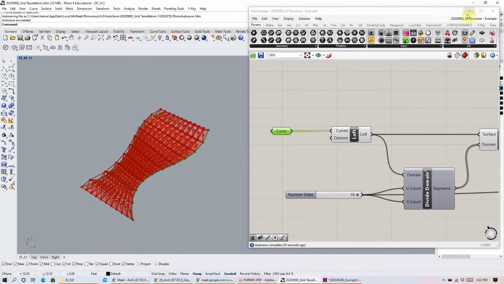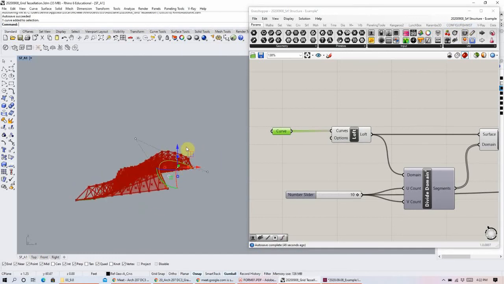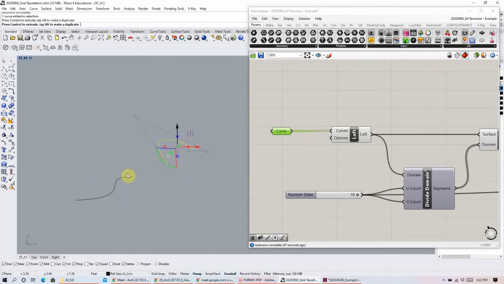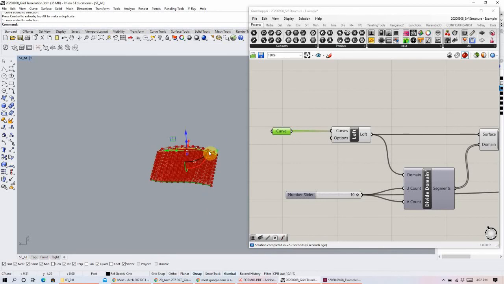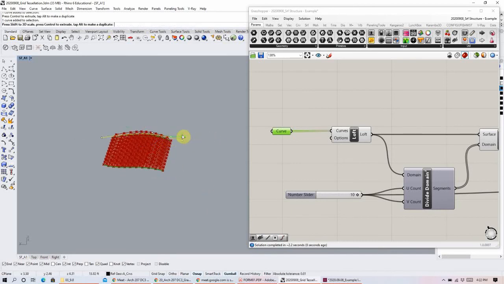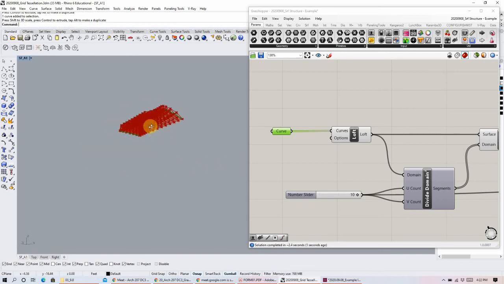Is this the form? Because for our input, we have these curves that it's feeding from Rhino space, right? So if I update this curve, it'll live update my whole space frame, right? I can adjust this. Probably don't want to get it too wild, but